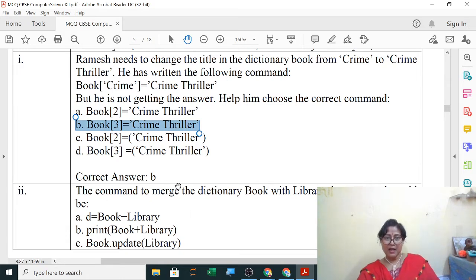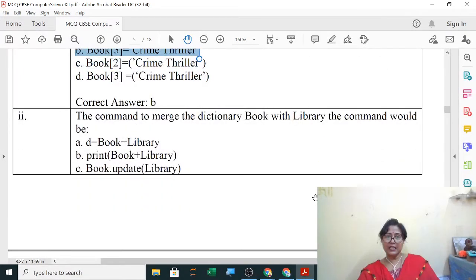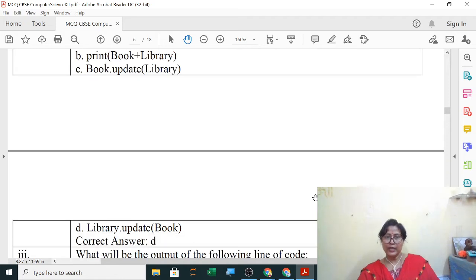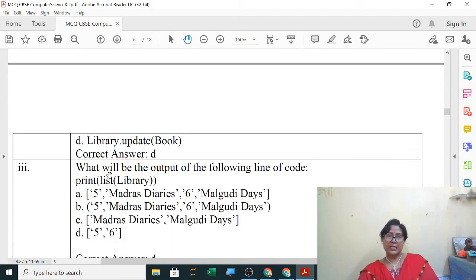Next, the command to merge the dictionary book with library. We have already seen the command to merge the two: you use update and then the second name. So library.update(book) when you want to merge book with library. Next, what will be the output of the following line of code? Print list of library.